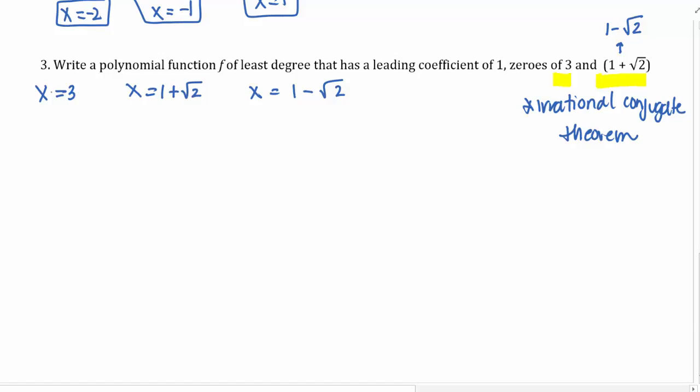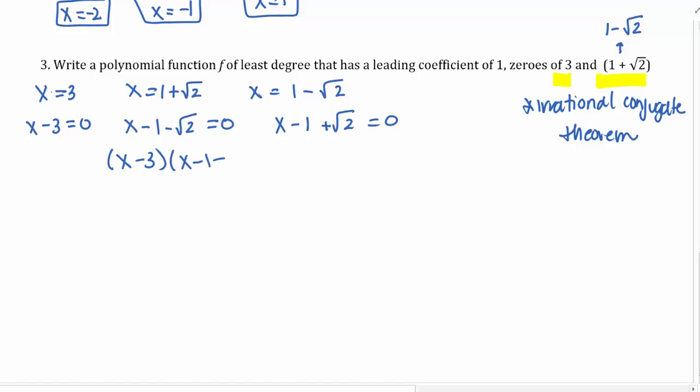So to write a function, we need to find the factors first. So I need to set all of these equal to 0. So that would be x minus 3 equals 0, x minus 1 minus root 2 equals 0, right? Subtract both of them. Then I need to subtract the 1 and add the root 2 to the other side. So once you have all three set equal to 0, you have your three factors. So that would be x minus 3, x minus 1 minus root 2, and x minus 1 plus root 2